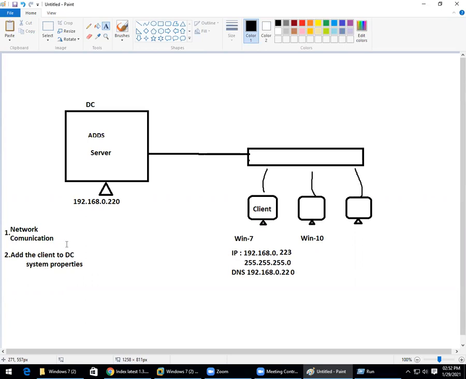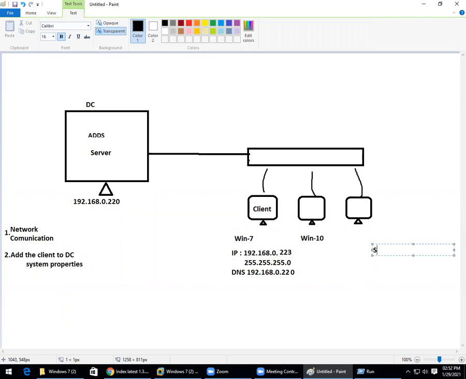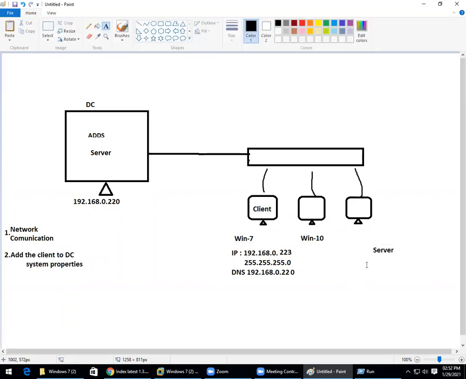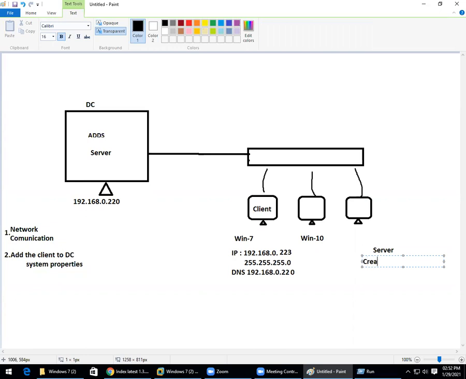Once you do that, what will be the next step? This is what we do on the client end. And on the server side, that means on the DC, I'll create a user in the server, with the name, for example, u1.